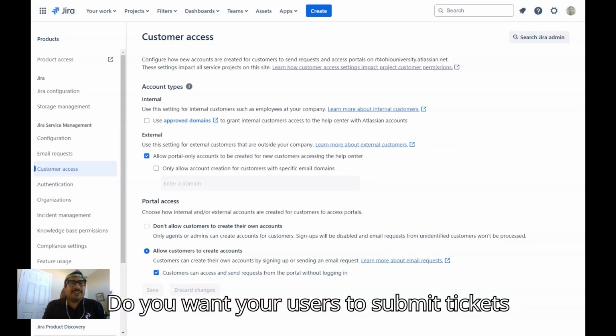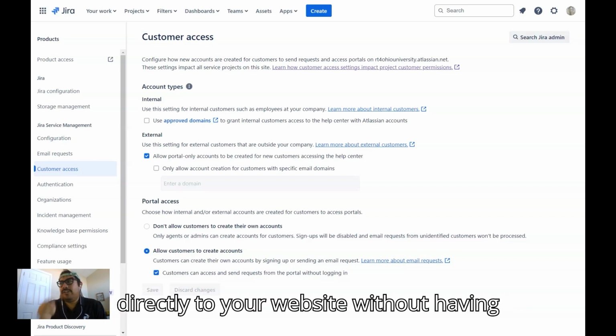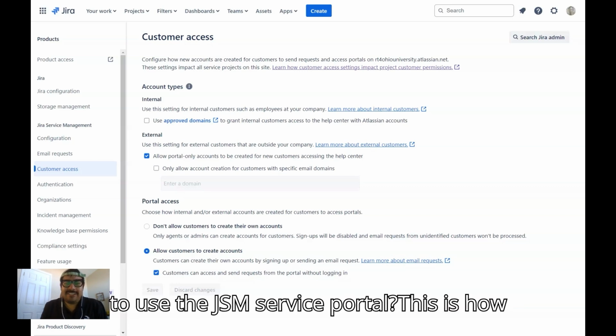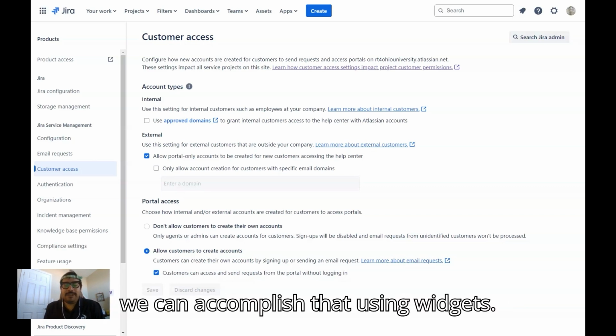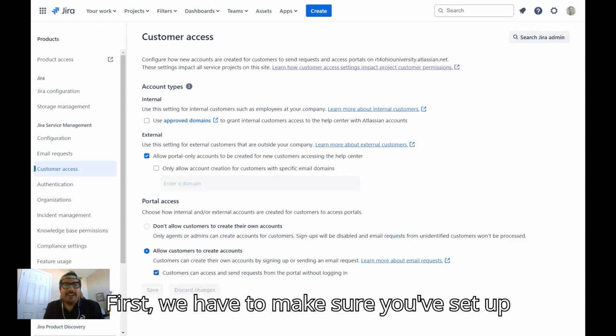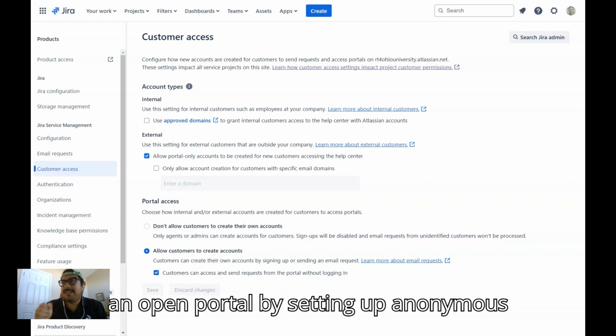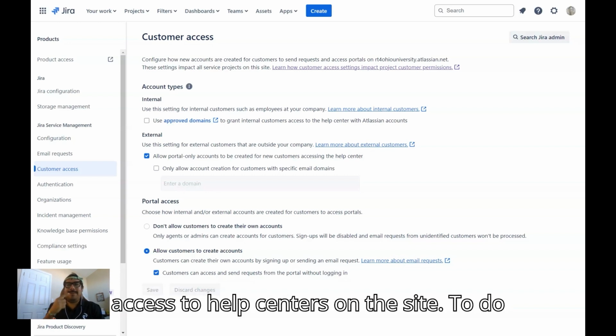Do you want your users to submit tickets directly to your website without having to use the JSM service portal? This is how we can accomplish that using widgets. First, we have to make sure you set up an open portal by setting up anonymous access to help centers